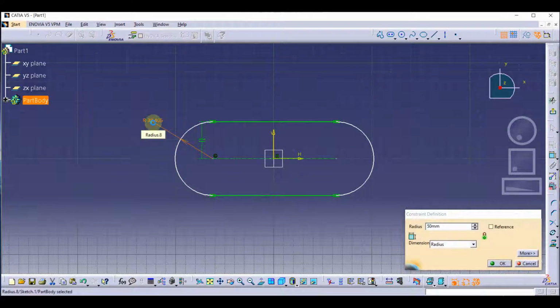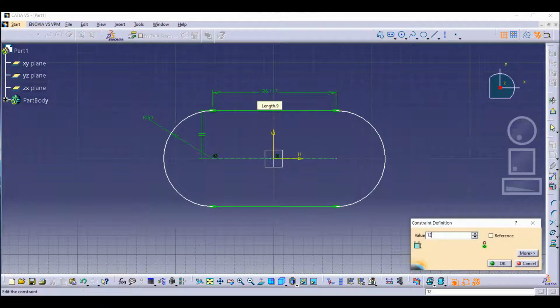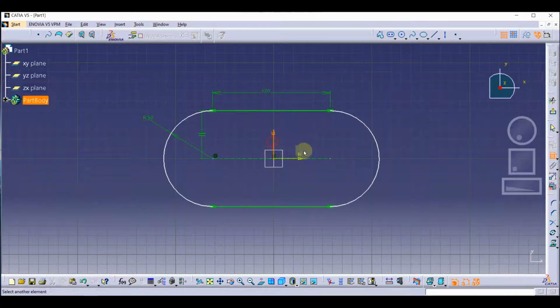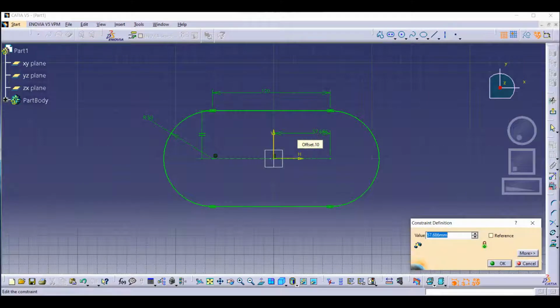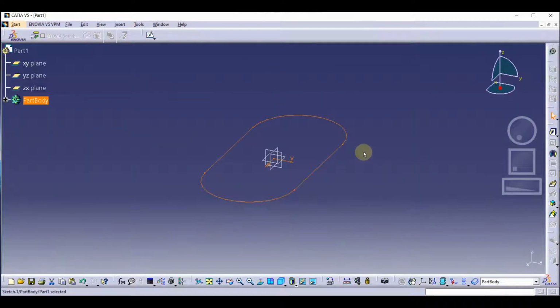Let's use 50, 120, 60. Okay, now we are going to exit the workbench and make another plane.